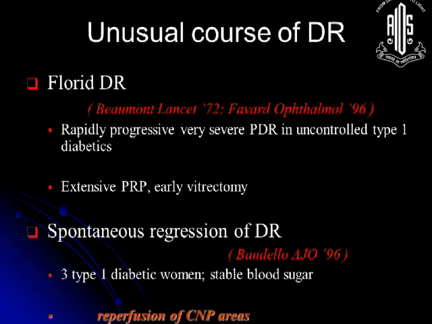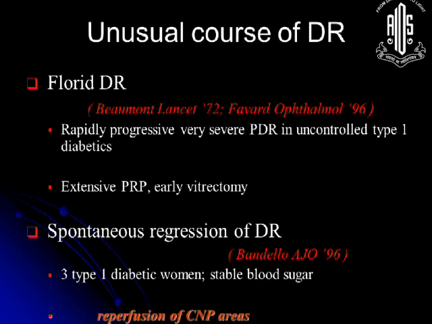Diabetic retinopathy, as I mentioned, can take an unusual course too. Florid diabetic retinopathy was documented by Beaumont and Faber. This is a rapidly progressive, very severe PDR, usually in uncontrolled type 1 diabetics. When you have an uncontrolled type 1 diabetic, presume that if he remains that way, he will progress very fast. These cases should behoove you to issue extensive, aggressive, early pan-retinal photocoagulation when required; if there is traction detachment